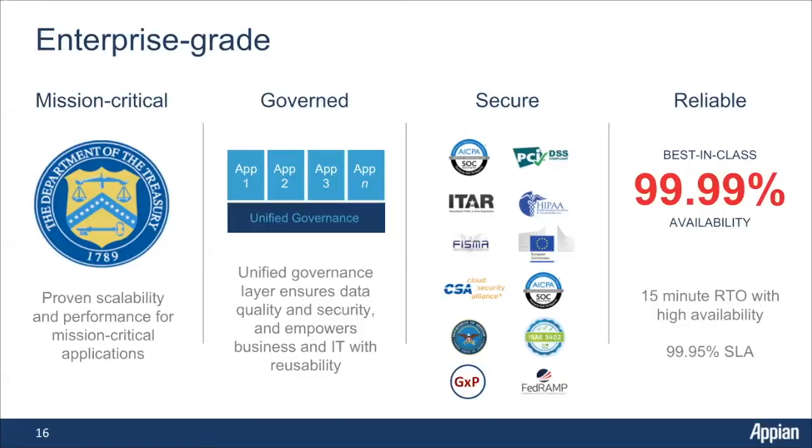Appian sells in a cloud-based architecture primarily. 85% of our customers choose cloud, but we also have an on-premise offering as well. Our cloud-based offering, of course, has 99.99% availability and a 15-minute RTO, that's your recovery time objective, if there's any disaster recovery. And of course, global data centers to operate in a number of regions.